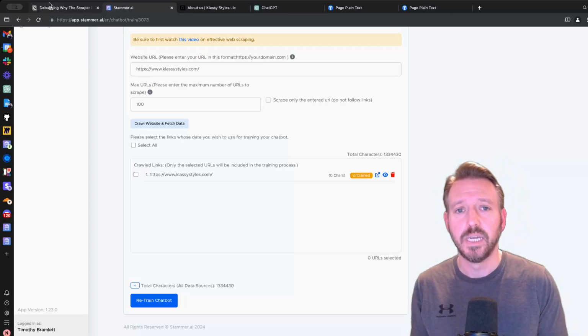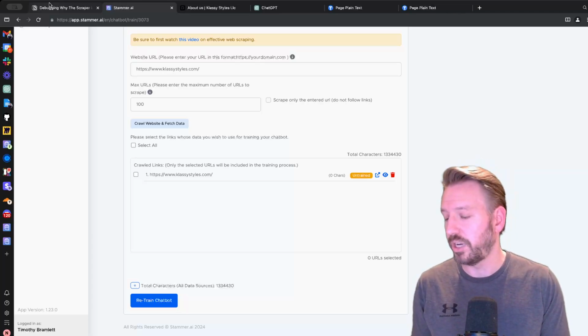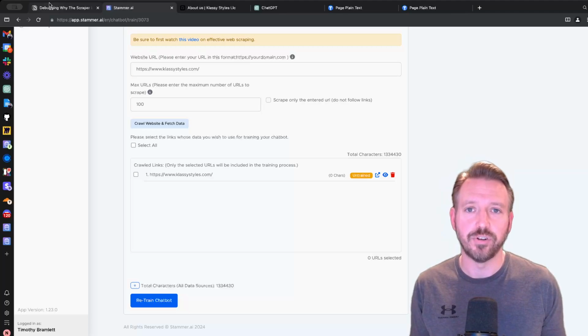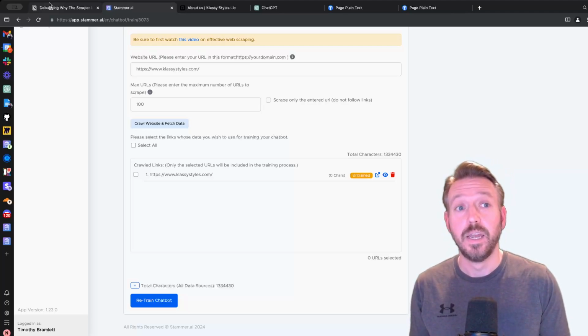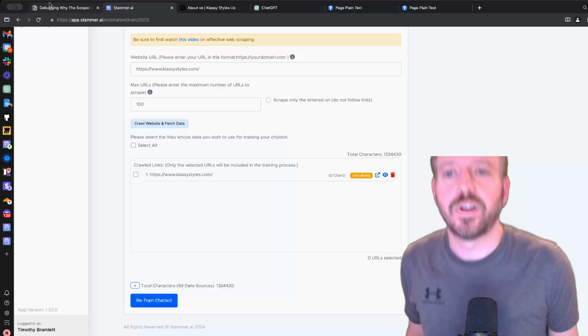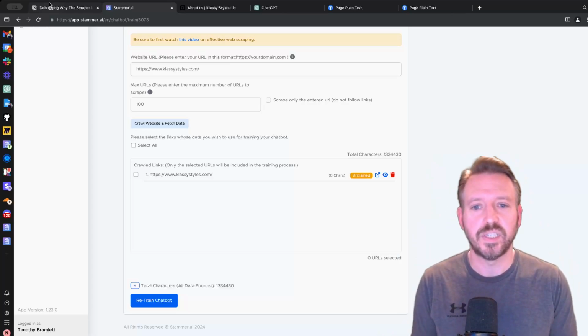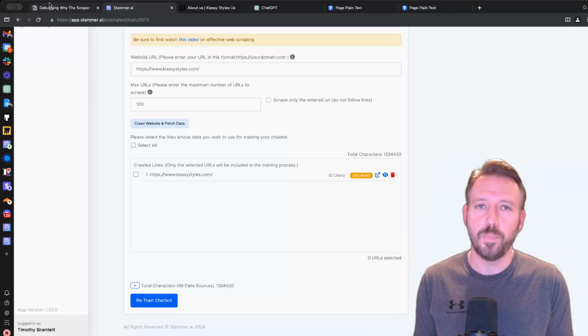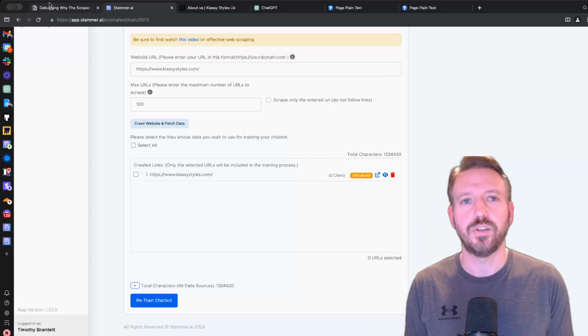In that case, either do it manually as a human or reach out to us and express your interest in us adding that feature and the ability for credits to be used in order to do that. But that is it. Let us know if you have any additional questions on this, and if you ever can't figure out why the site is not being scraped, just open a ticket or reach out to us on Discord.